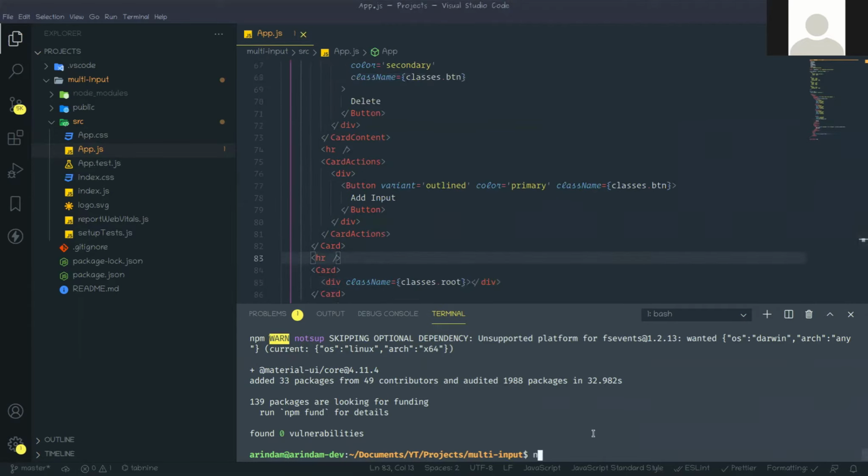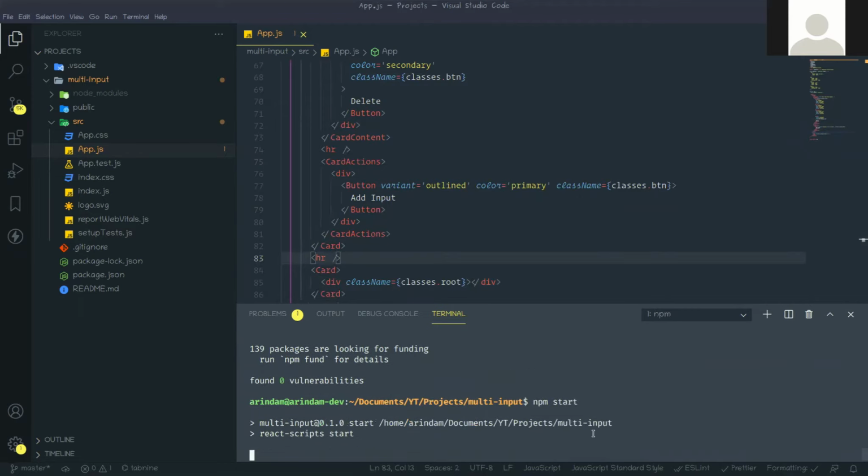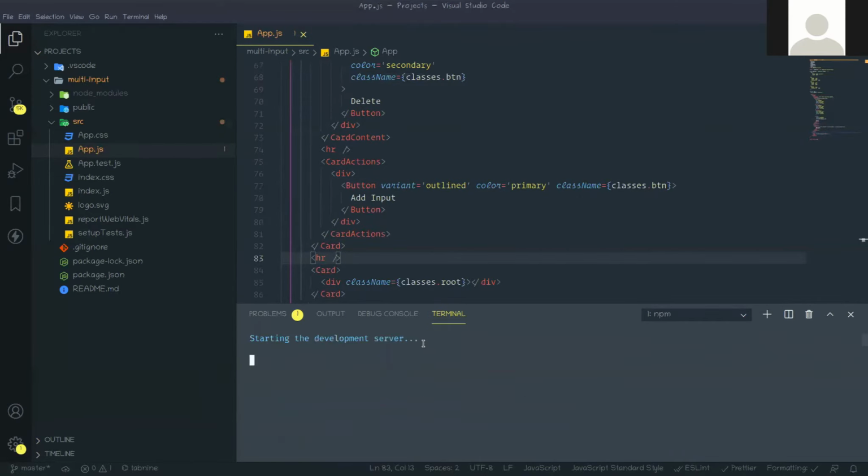Now let's test it. So npm start. I think all will be fine. Now we will move to the functional part.